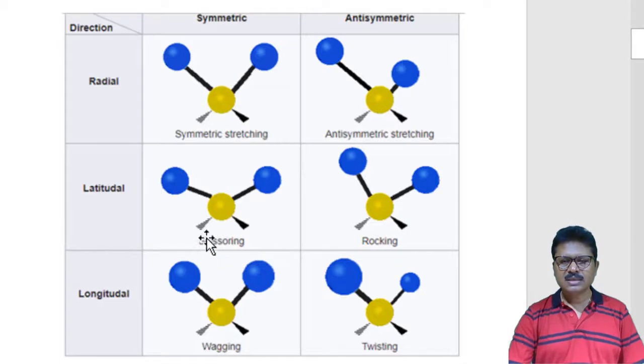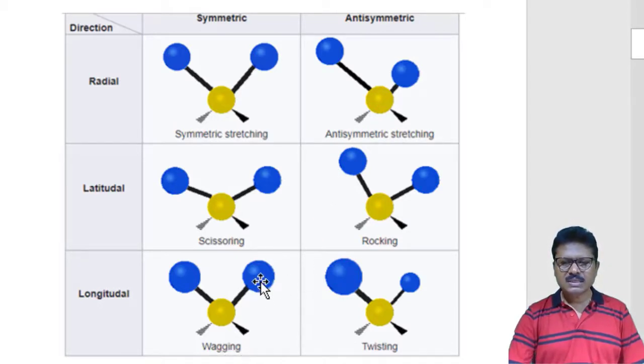Scissoring, just like a scissor, these two atoms at a particular moment will come closer, so this will rotate clockwise, this will rotate anti-clockwise, and the next moment these two will go far. So this acts just like a scissor, so this type of vibration is termed scissoring. Rocking, say both are moving in the same direction. This atom at a particular moment moves in a clockwise direction, next time it will move in an anti-clockwise direction. This is rocking.